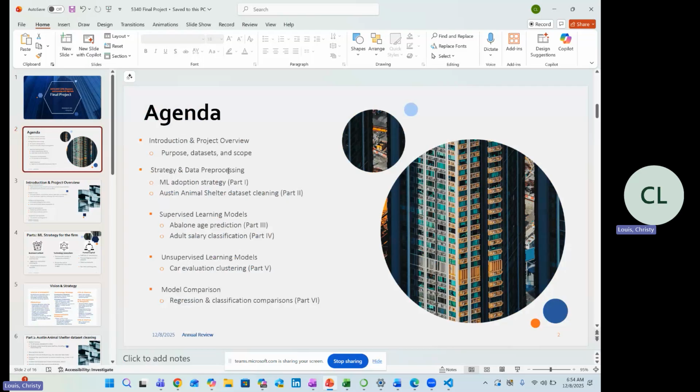Next, we'll move into strategy and data pre-processing. Here I'll outline how machine learning is going to be used in the organization and walk us through the steps to clean and prepare the data sets so they're ready for modeling. From there, I'll dive into supervised learning models. I'll show you how I built, trained, and tested models, such as logistic regressions, random forest, and regression approaches for